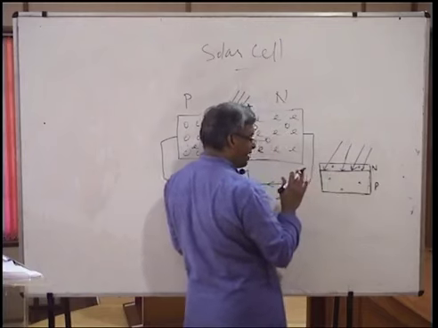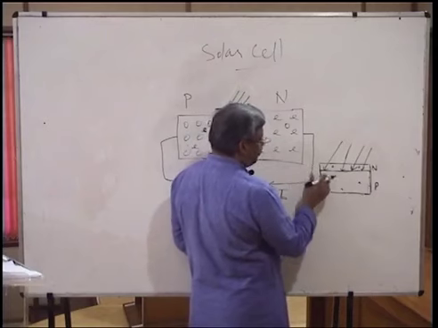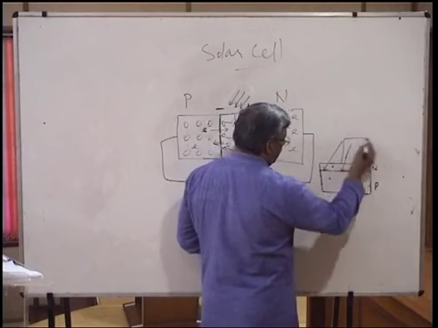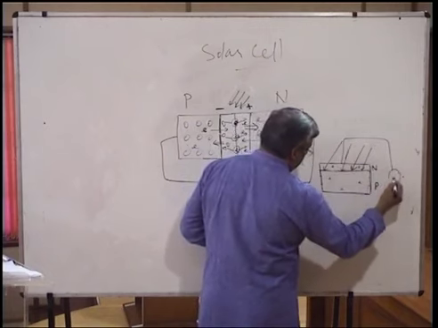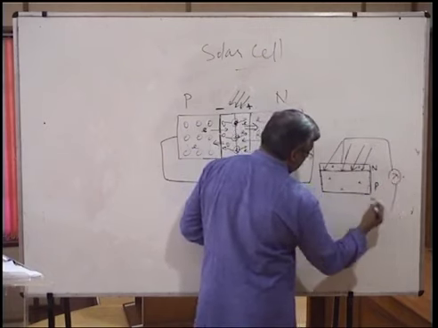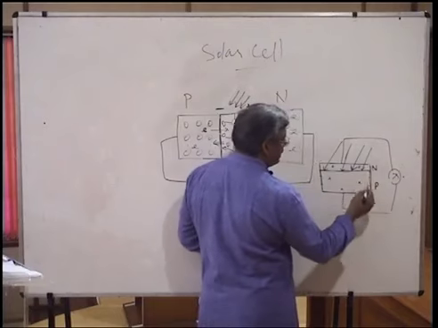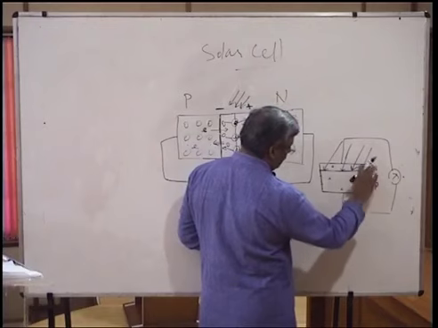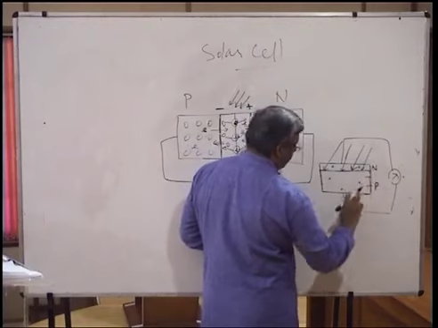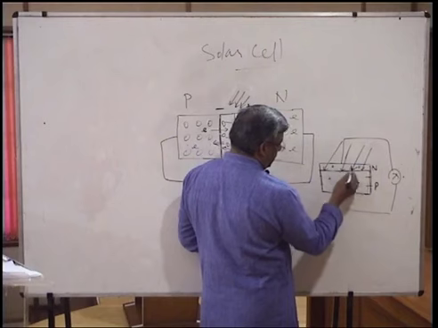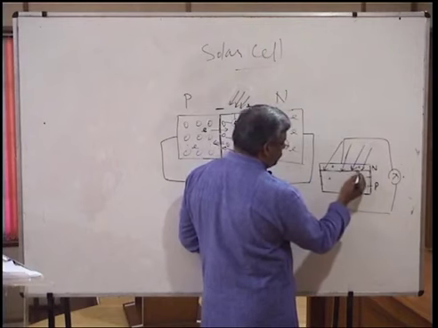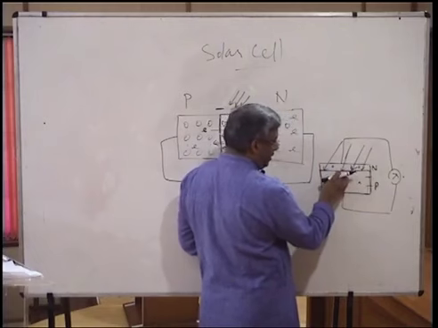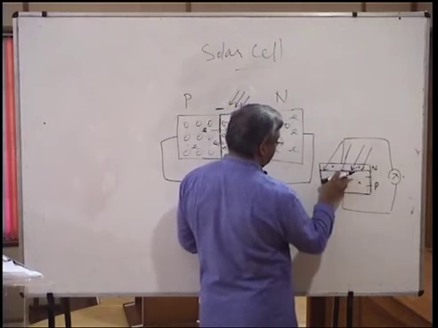Holes are a little sluggish in movement. Electrons will move 3 times faster. So if you want to get a good current here, we need to optimize the thickness of the N region and P region. The P region should be 3 times larger than the N region, so that the time taken for holes to travel from the depletion layer, where the charge suppression is happening,